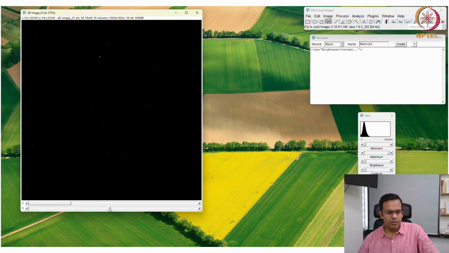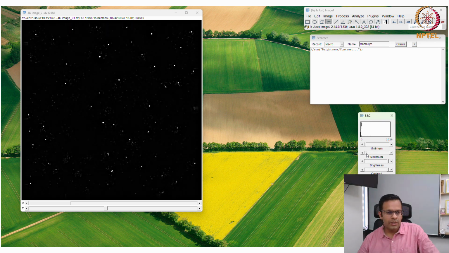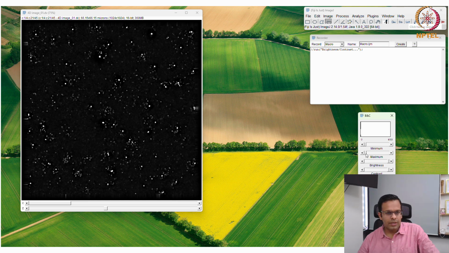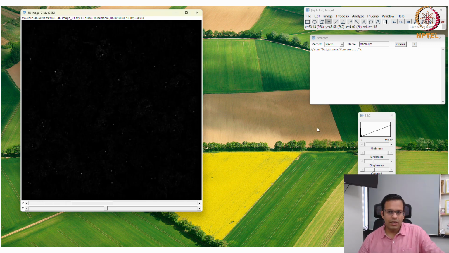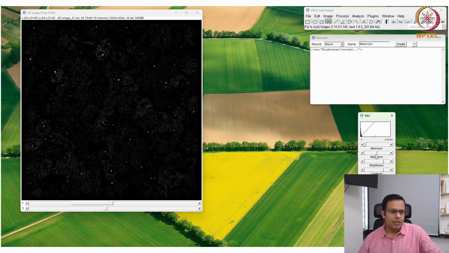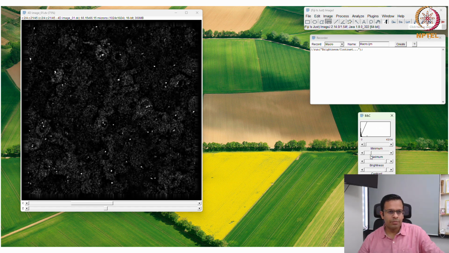So I bring it to the center of the Z stack, and now using this, sorry, not intensity measurement, this is the brightness and contrast adjustment tool, I'll just push this threshold so that only the bright pixels are visible. Okay, so now you can see. So this is what I want to see. These are single molecules of mRNA. This image is actually from a single molecule FISH experiment. So in the first channel, you are seeing the single molecules of mRNA. Then in the second channel, you will see the transcription sites, 2 transcription sites per nucleus.